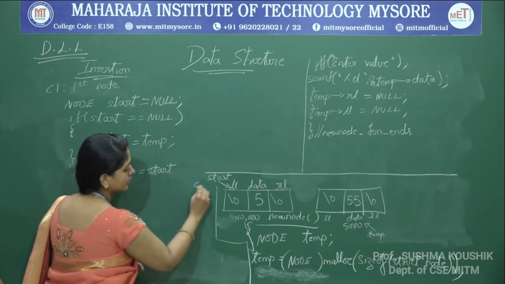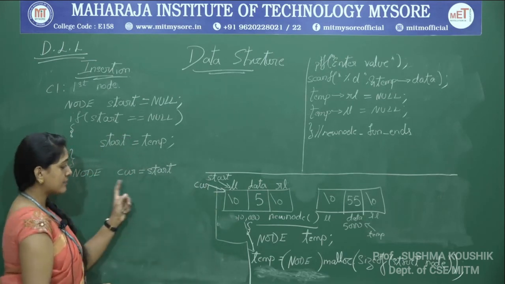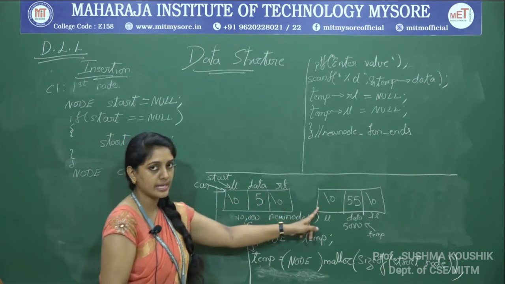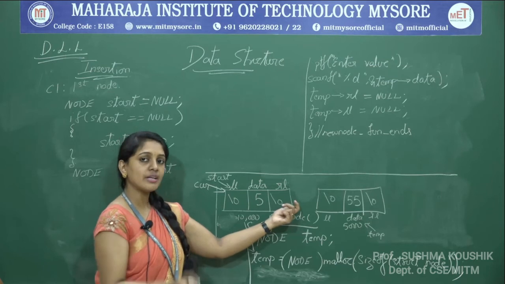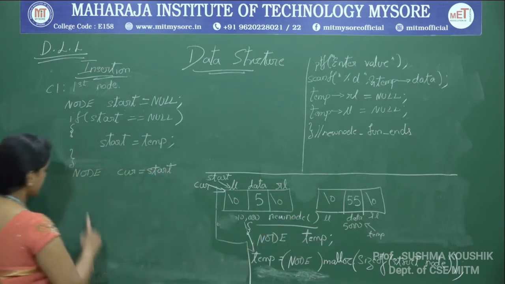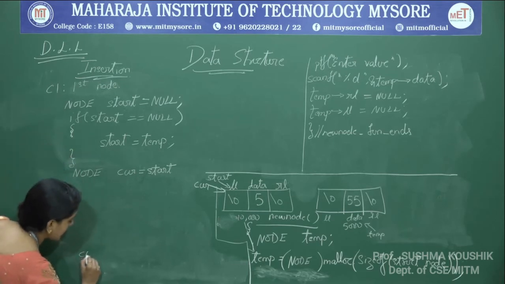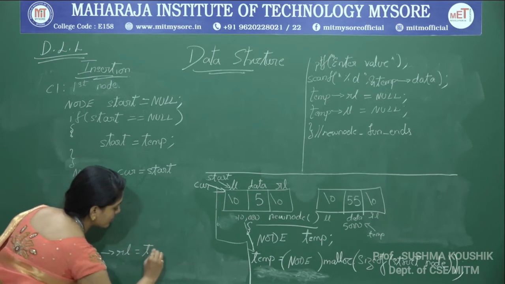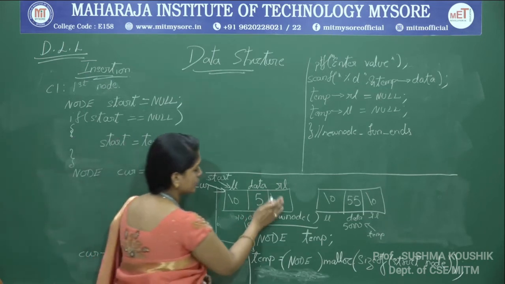So current is also pointing to the starting node, and I would traverse current is equal to current of RL, which will hold the right side, but now there is no option for me to traverse, so I will directly insert it. I will leave that condition part and directly insert that current of RL is equal to temp, because the scenario looks like that. So current of RL is equal to temp.